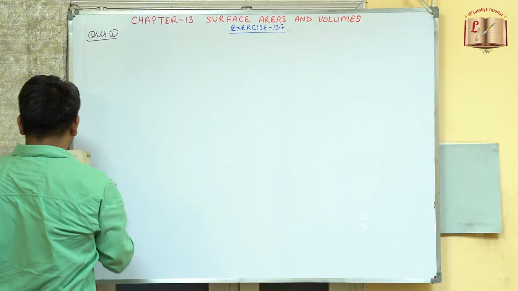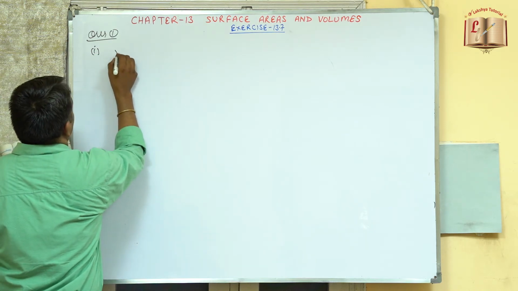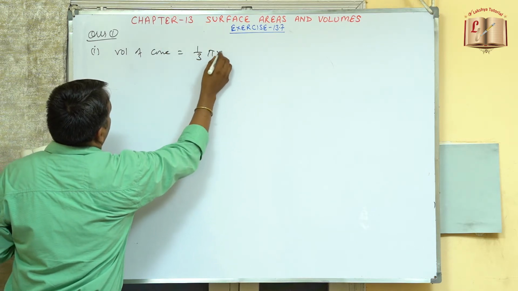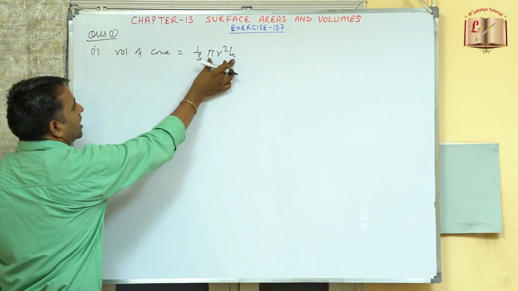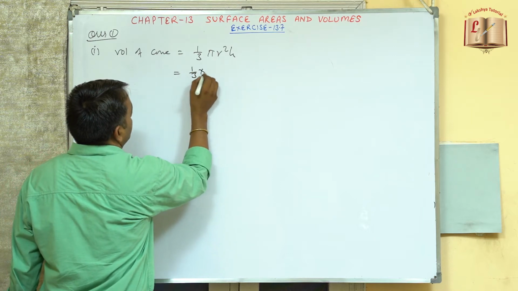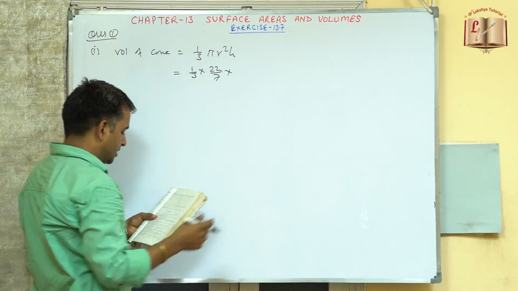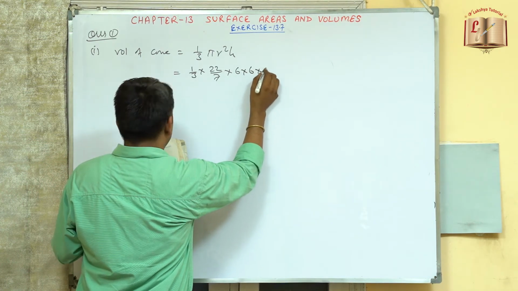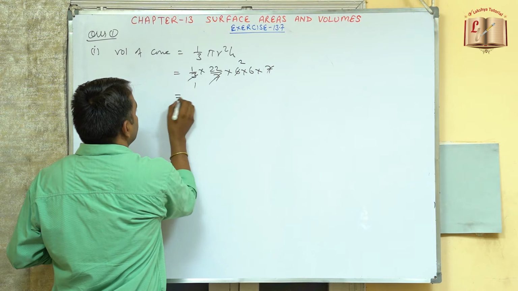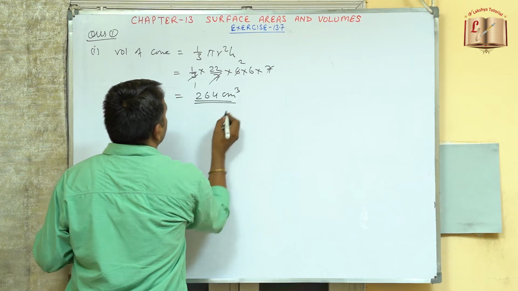find the volume of the right circular cone with the given radius and height. Volume of cone is given as 1/3 pi r square h, that is, 1/3 of the volume of the cylinder. So this is 1/3 into pi, which is 22/7, into r, which is 6, into 6, into height, which is 7 centimeter. 7 cancels, 3 ones are 3, 3 twos are 6. So now we can calculate it. This is 264 centimeter cube.